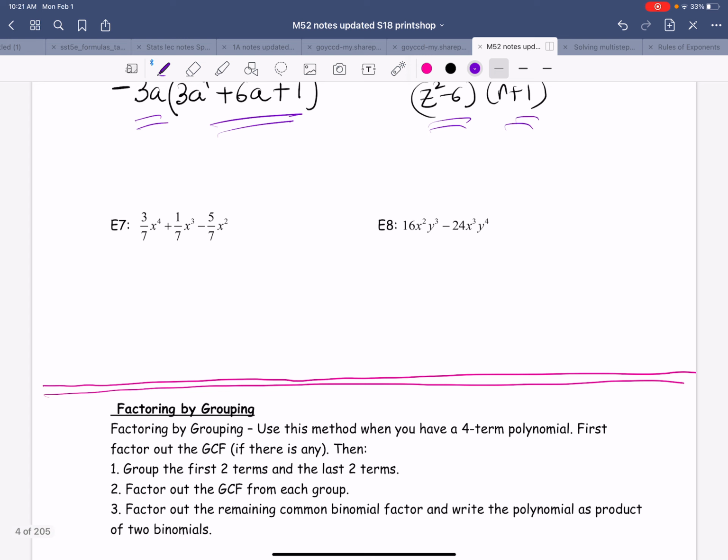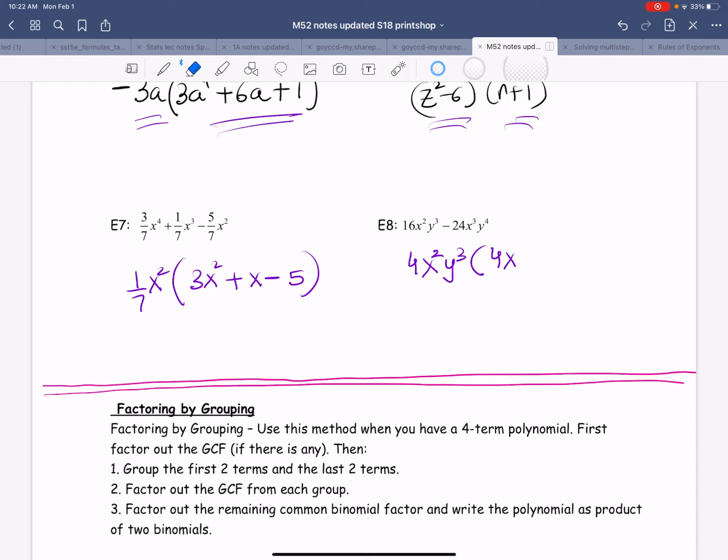I'm going to leave number 7 and 8 for you to try. Go ahead and try number 7. Pause for a minute. Looks like 1/7 x squared. So 3x squared plus x minus 5 is what I would be left with. 16 and 24, the greatest common factor, looks like it would be 4x to the second power, y to the third power. So that would be 4, no more x's here, 4